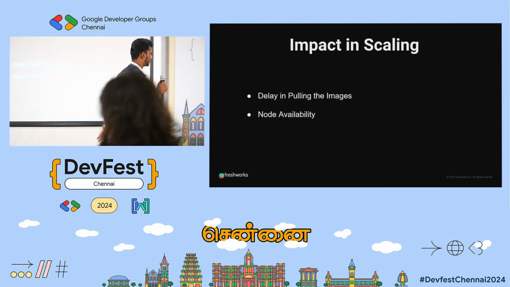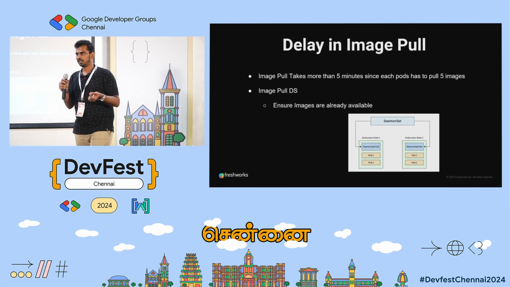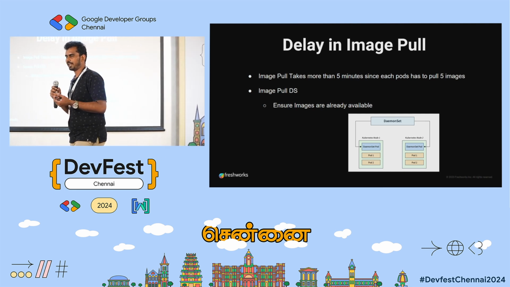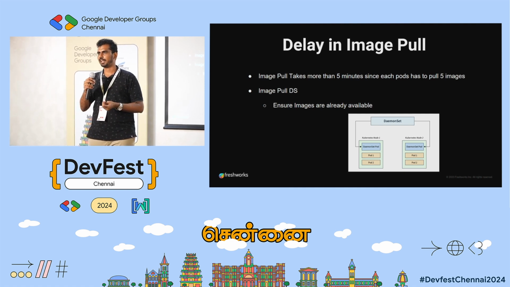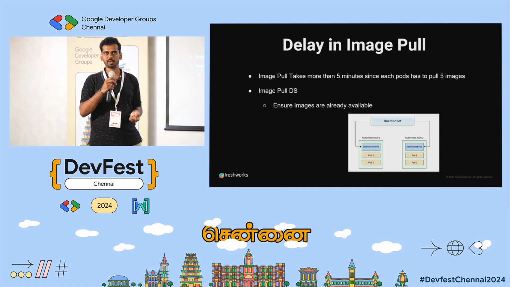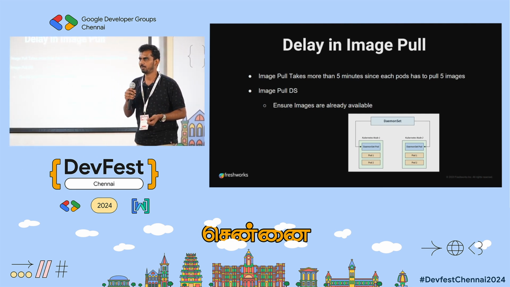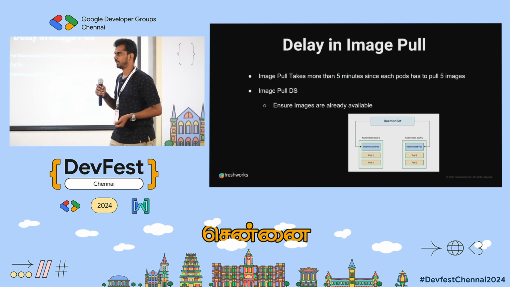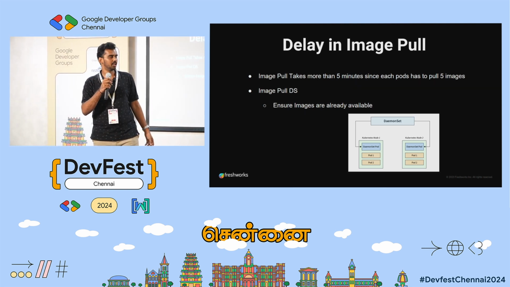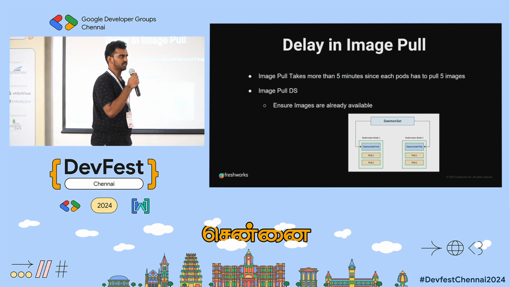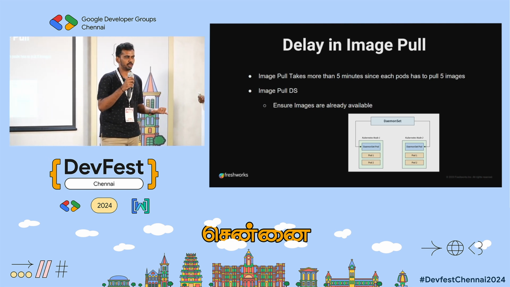I will go one by one. First, the delay in pulling the image. Let's consider one pod is getting booted. In our application, we have 5 containers. One is the main container, which is the foreground app, and the remaining 4 containers are our sidecar apps, which do some other Istio and other operations. The foreground app has around 2.5 to 3 GB of image size, and the other sidecar containers have 200 MB to 400 MB sizes. All clubbed together, for one pod we will have some 5 GB of images. For each pod booting, it needs to pull that 5 GB of images into that local Kubernetes node.